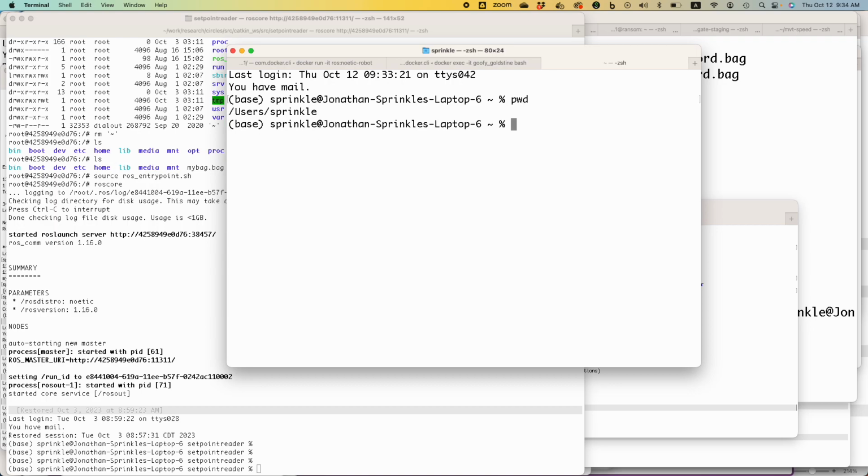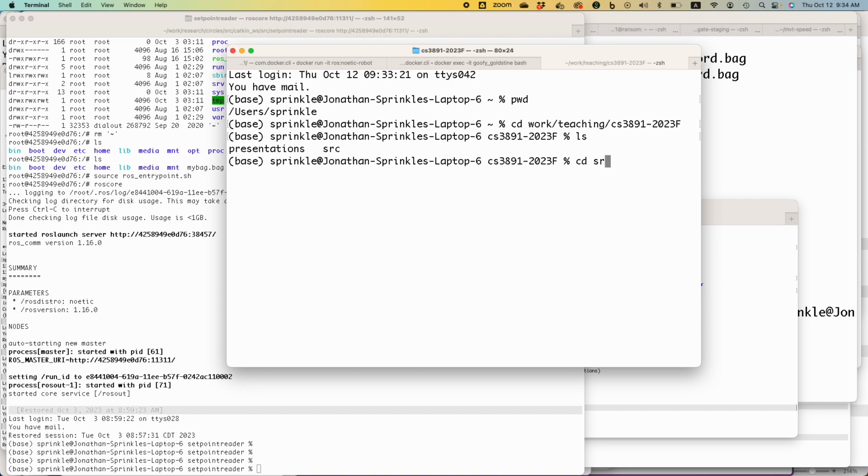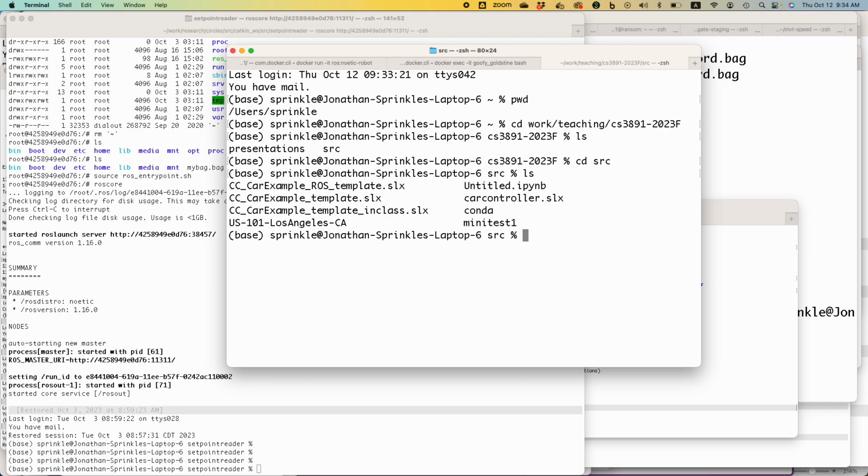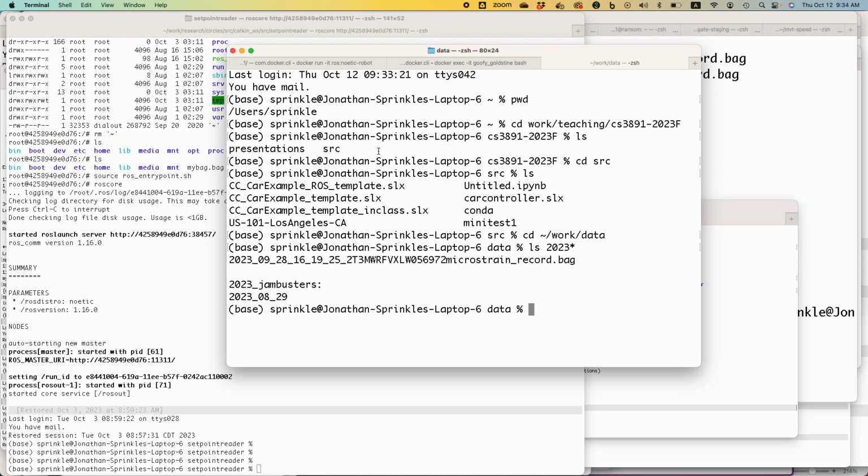One new one, so where am I? CD work teaching CS 3891 CD source. Where is my data? CD work data. Here we are. Control C, docker copy this file to